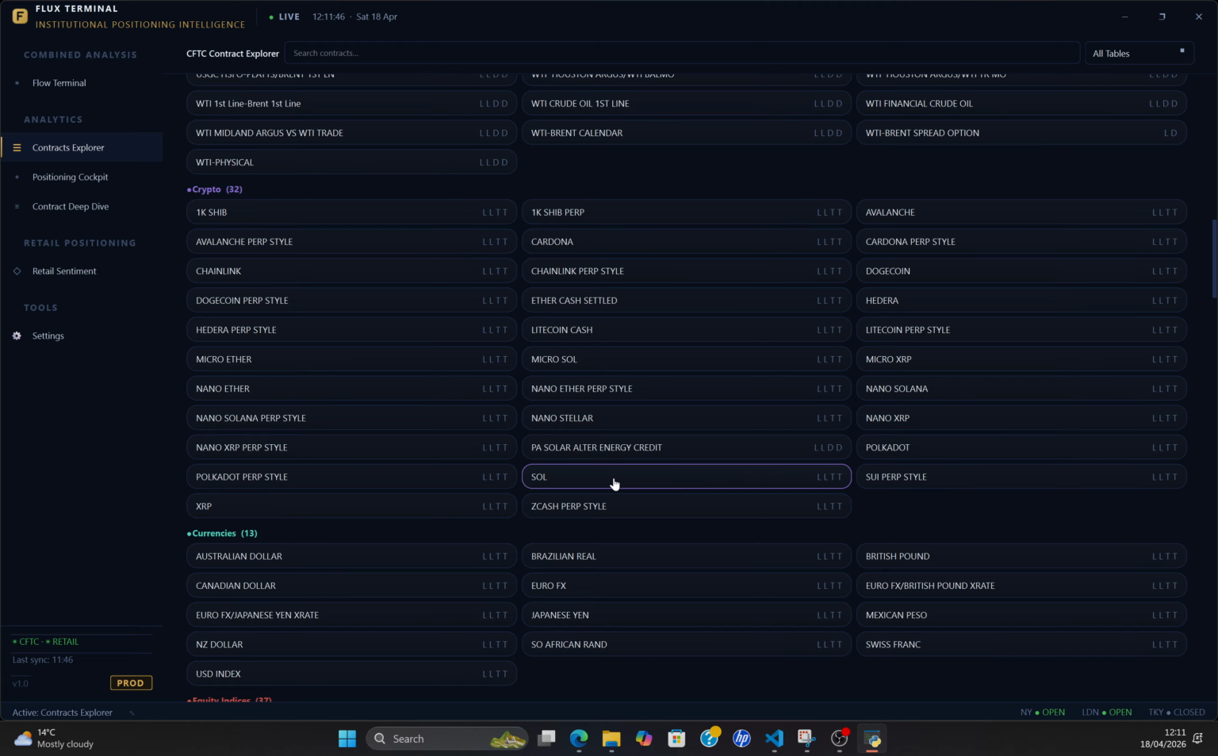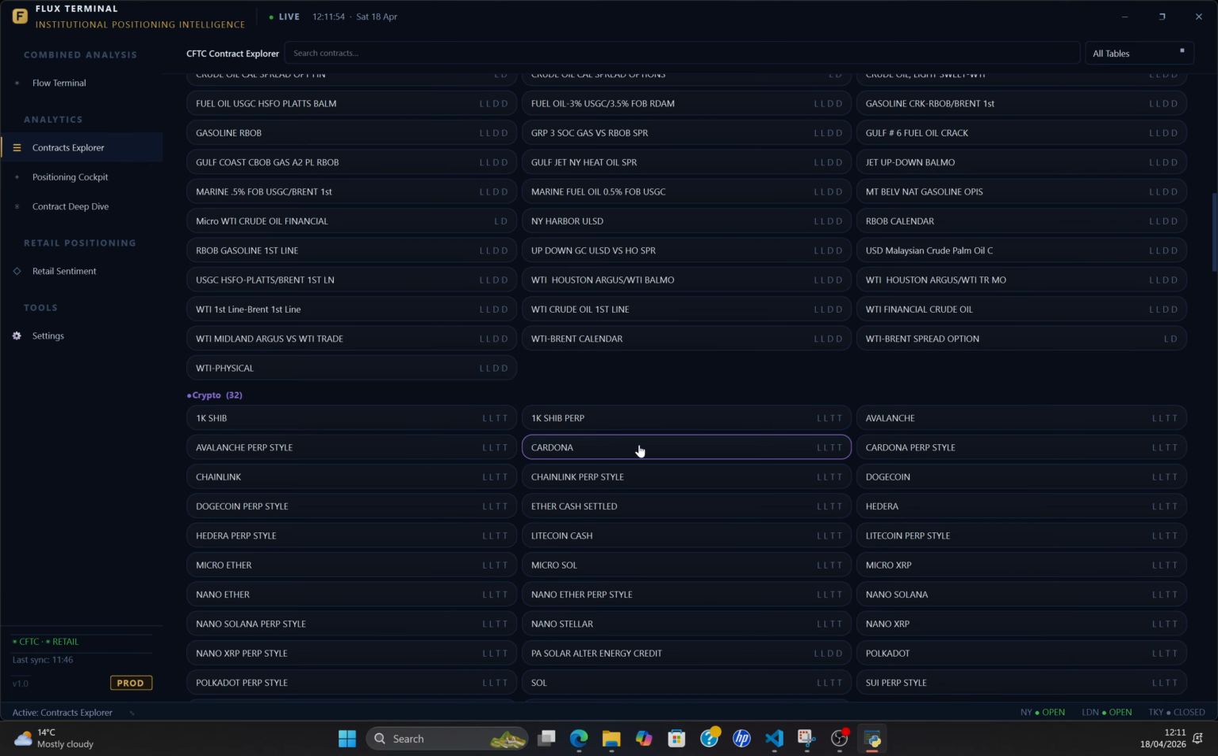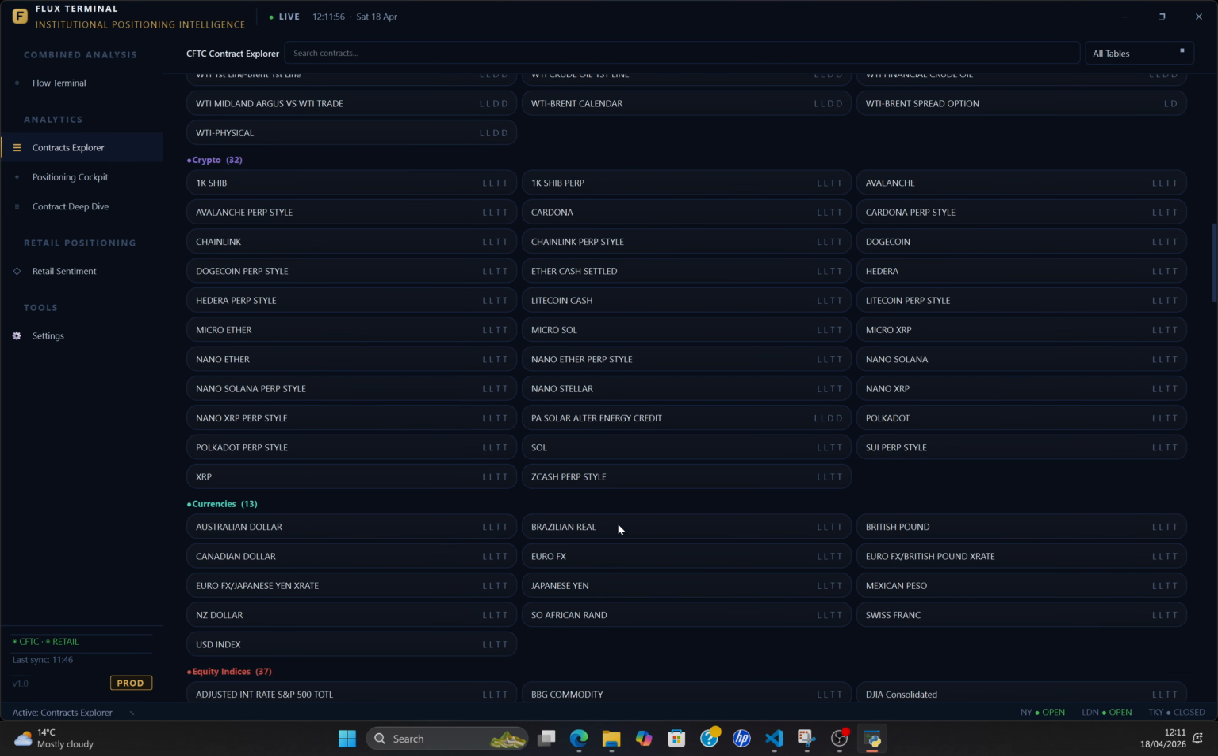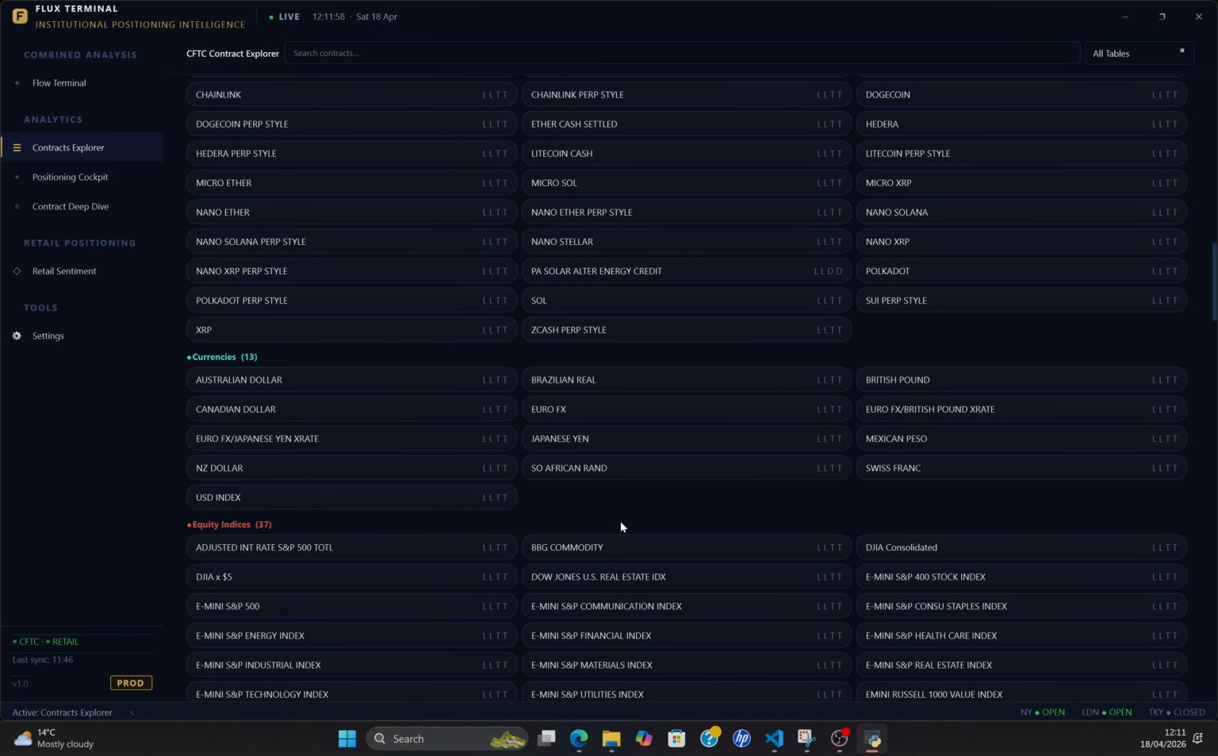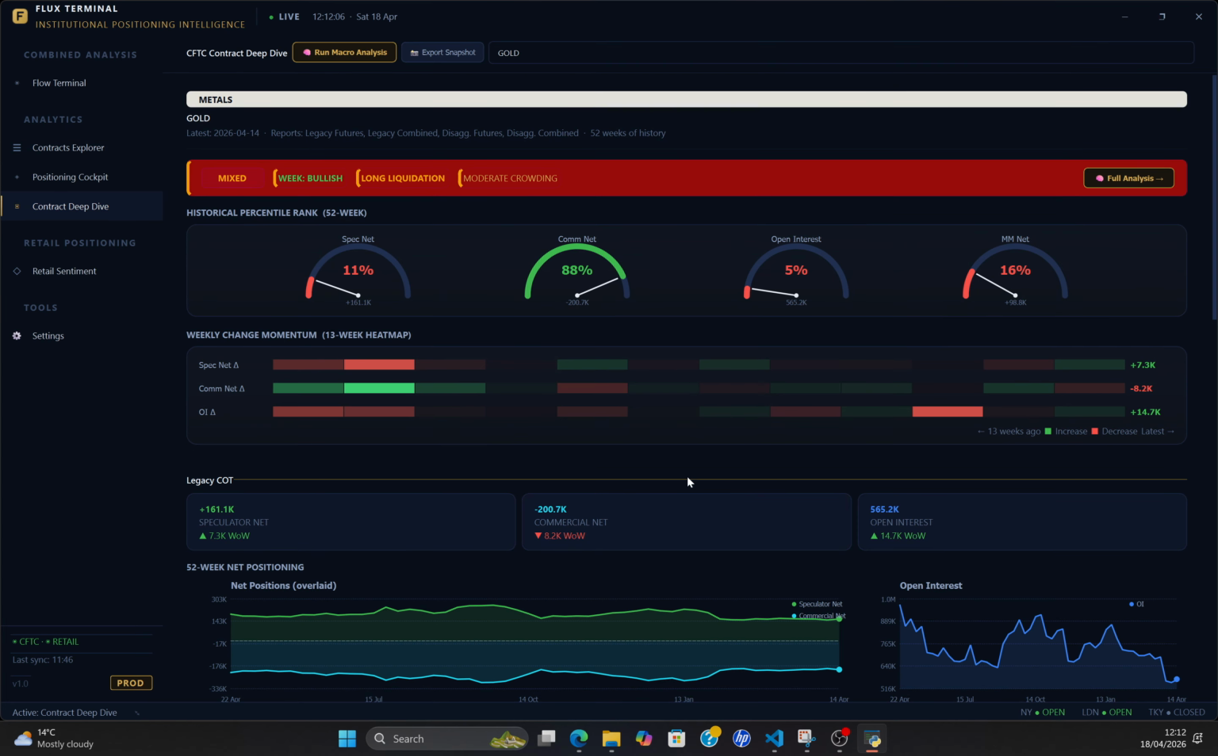So that's where we need to look at all the other contracts. It's not easy to look within 451 contracts. That's where the Flux terminal comes in and does the work for you within seconds with this beautiful small